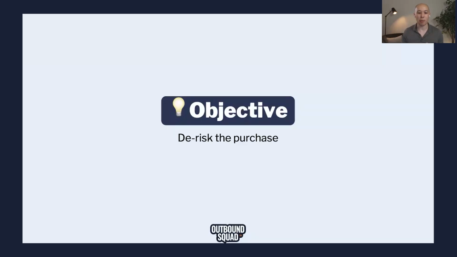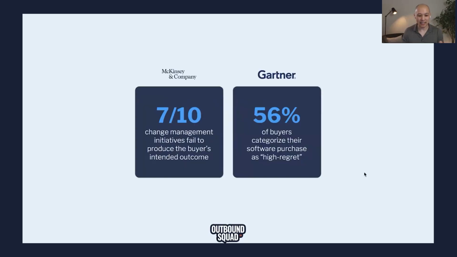What's really important is that if you're very selfish in how you think about multi-threading with the buyer, and your only goal is how can I get them to introduce me to their boss because I know it'll help me close the deal faster, you're not giving them a lot of personal motivation to socialize what you guys are talking about with the rest of the group. And to give you some perspective, I always like to point to these two stats.